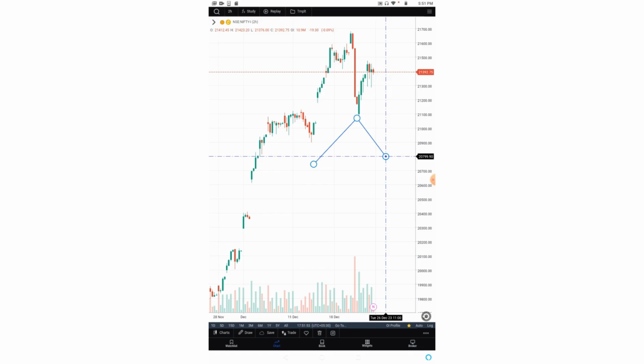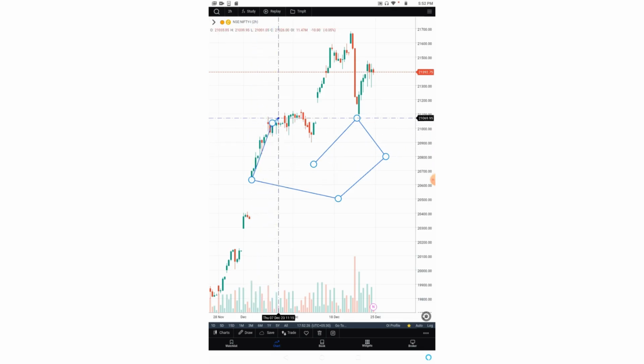Now you can basically touch anywhere on the screen. Here I am touching far away from this point. I will simply tap, and now I can shift this point again. So I do not have to press the exact point. I can touch anywhere on the screen and move these points. Because of this, I can exactly see where the candle high and low is, and I can exactly point my drawing on the chart. So this was about the drawing.